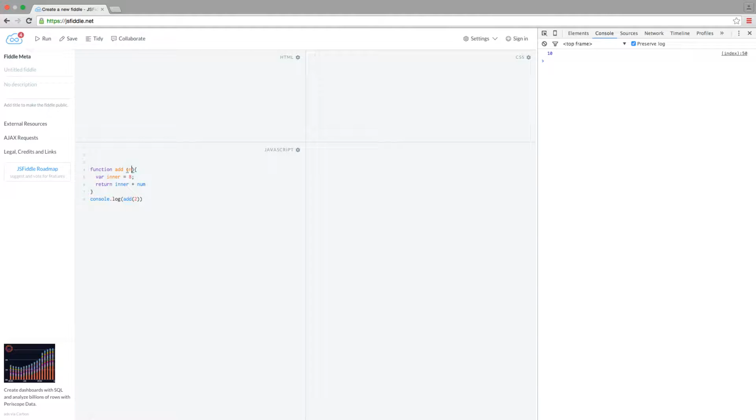But what if num did not exist and num was a variable outside, equal to 2? And we don't put 2 there. Will this still work? In JavaScript, it still works. So if we run that, it's still 10. Why is that? We're not putting a number in here, yet it's still getting 2